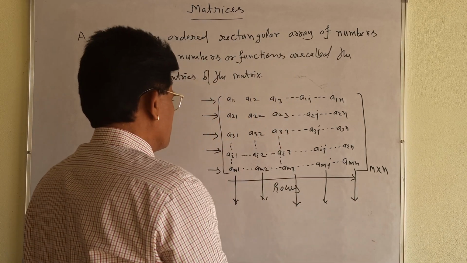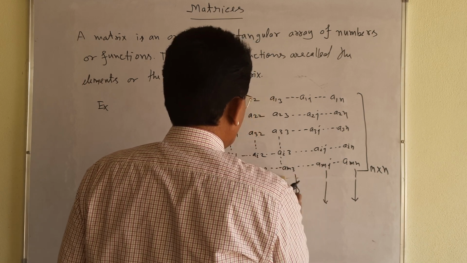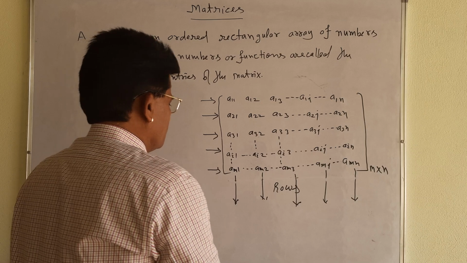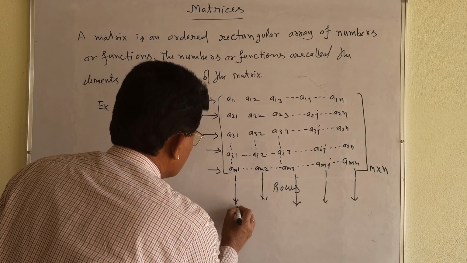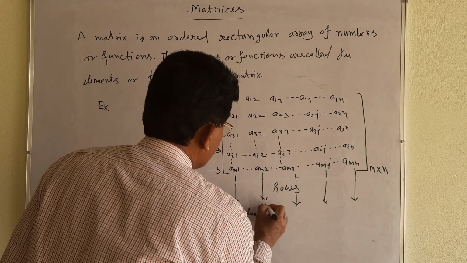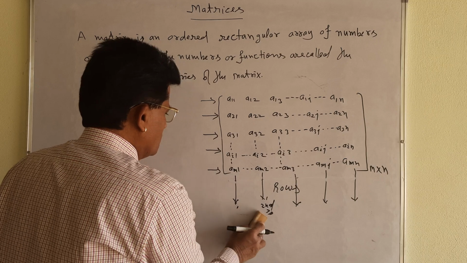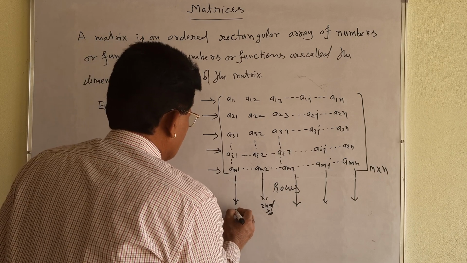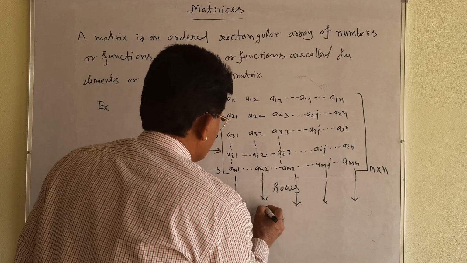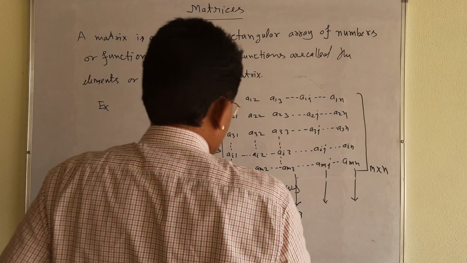You see, let me remove it from here so that it will be visible to you properly. I am telling you a very important thing. These are the first column, second column. Let me take the columns. I am going to take C1, first column. Otherwise, it will occupy the maximum space. C2, and C3, like that, and Cm, and so on.